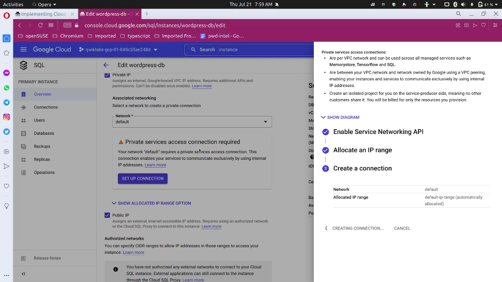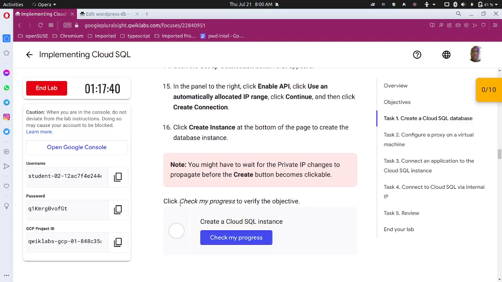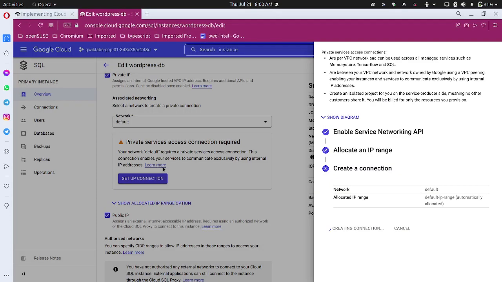Let's hope we don't get into trouble while setting up, reconfiguring our MySQL instance. Okay, so let's wait for that one to come. Okay, once that is done, we'll click check progress. If we have an error here, then we will have to do the lab some other time, because the MySQL